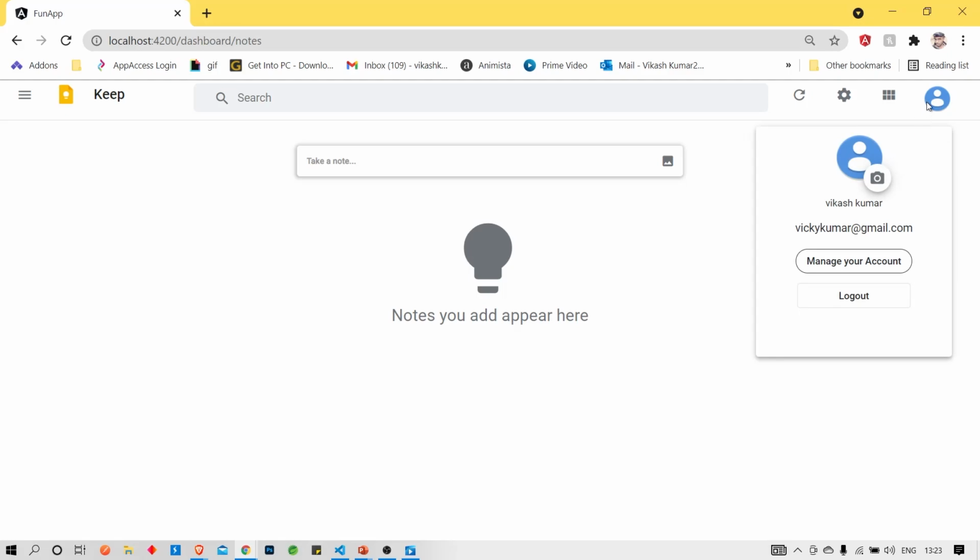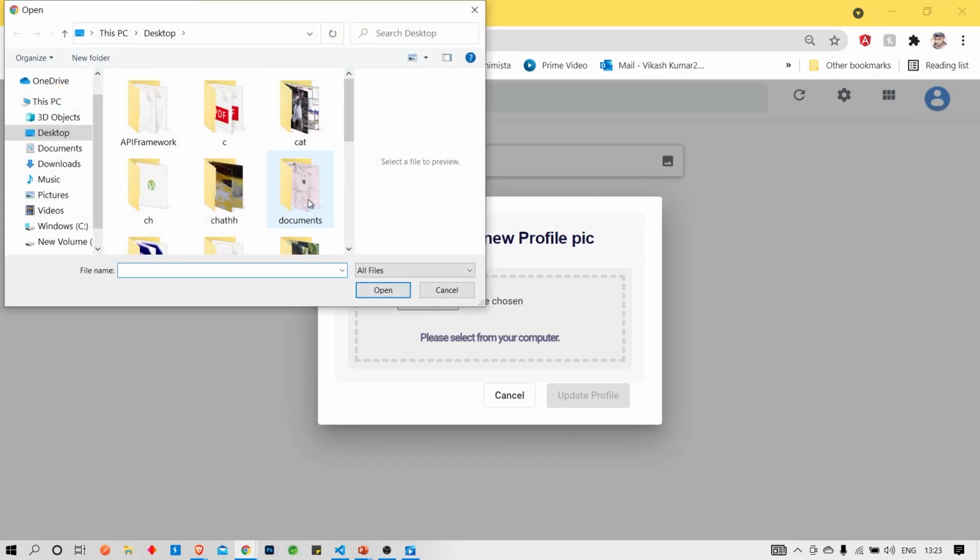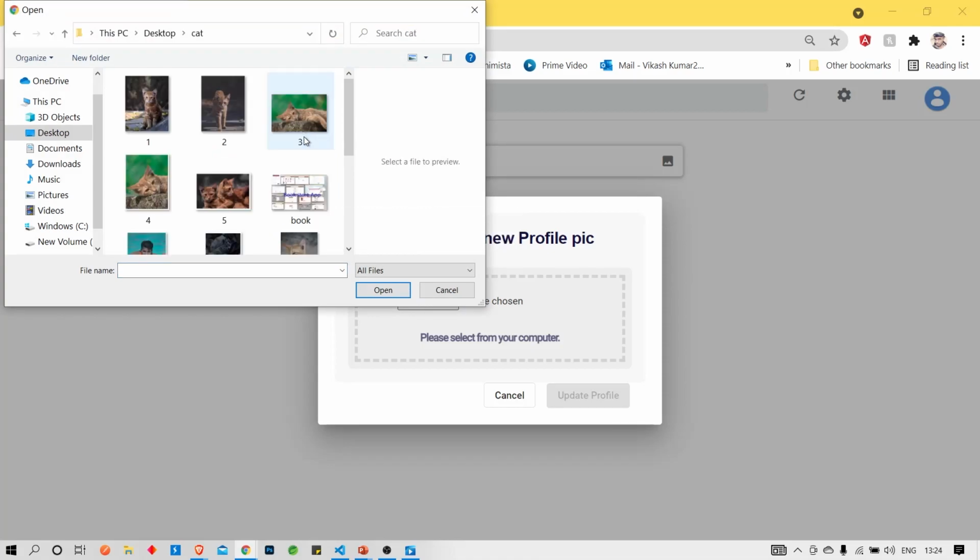And this is our default icon. If we click on this icon, a camera is there, right? So if we click on this icon, we can upload our profile picture. We see the default picture is just like this, and if we want to upload a different picture, then we can upload.